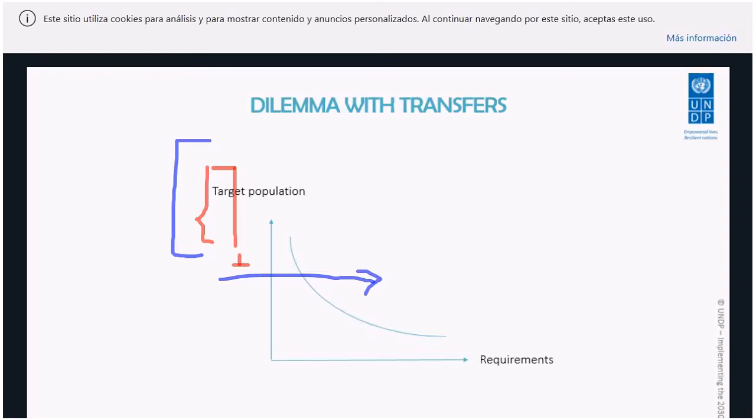So, okay, but then the government will face a restriction, which is a budgetary restriction. Okay, this transfer, it's a good idea to be received to benefit all the poor population. But given that the poor population is 50% of the total population, it implies a lot of resources. So we should think about